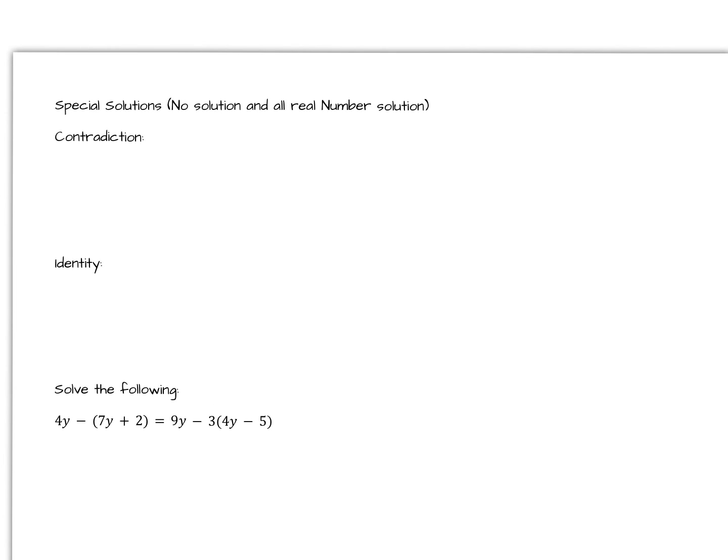The last thing we're going to talk about are special solutions. So that's when you get no solution and all real numbers as a solution. So the first one is contradiction. So that's when an equation states